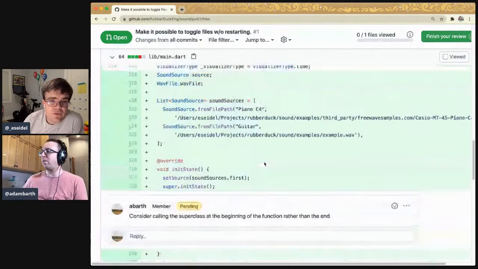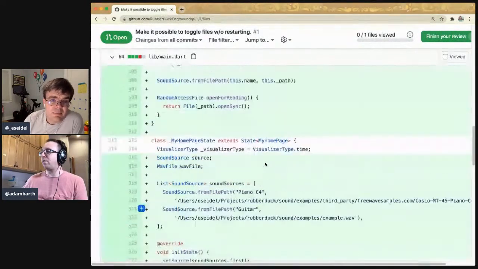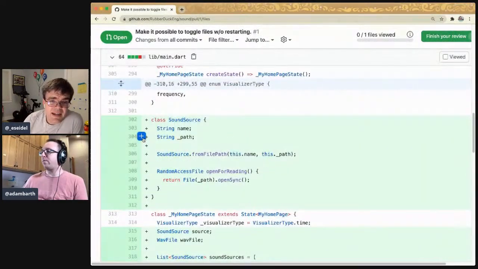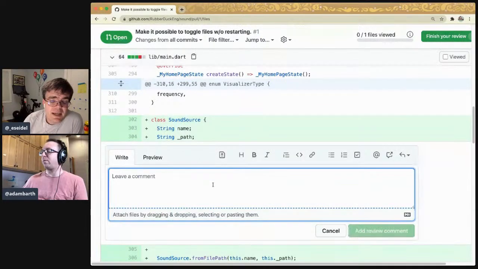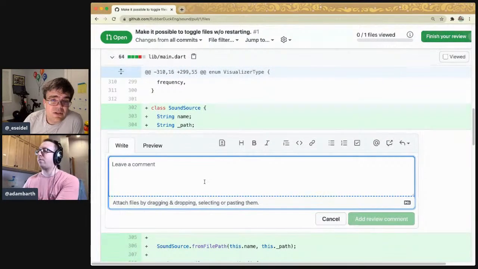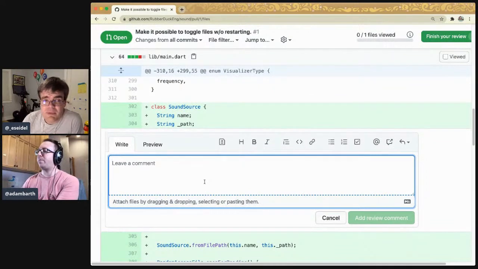Having worked in open source for a very long time, multiple decades now, text is a terrible communication medium. It is so often that you're misunderstood, and when you're working across time zones and language barriers, you really don't want to come off as not nice. And I think that's too easy to do.